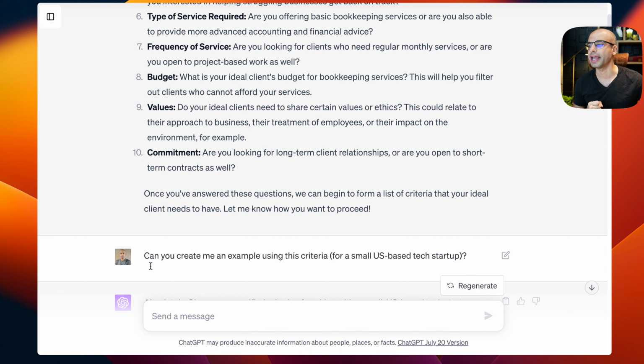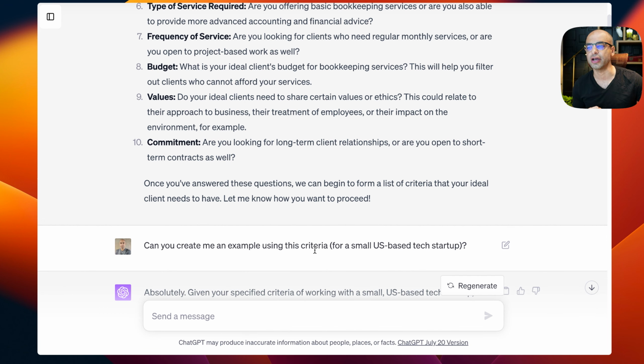Now I'm going to ask, can you create me an example using this criteria for a small US-based tech startup? Okay, so tech startups is a niche that I work with a lot. I actually run a tech startup, so I'm very familiar with the industry. So I'm going to use this as an example. Maybe you focus on real estate. Maybe you focus on veterinarian services or construction,